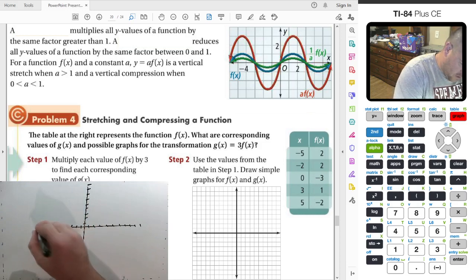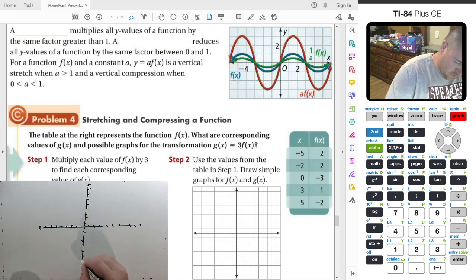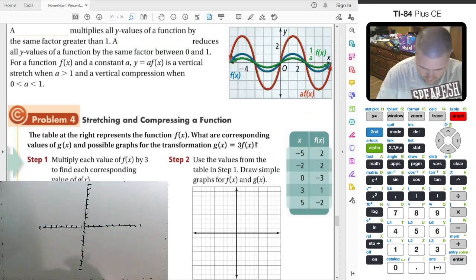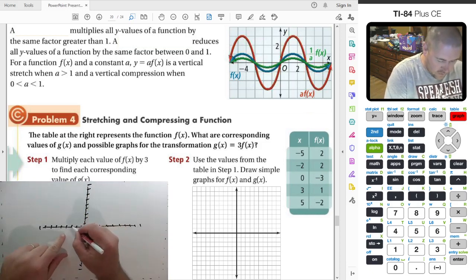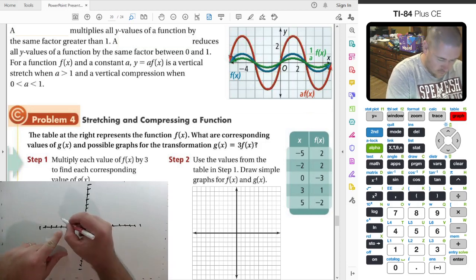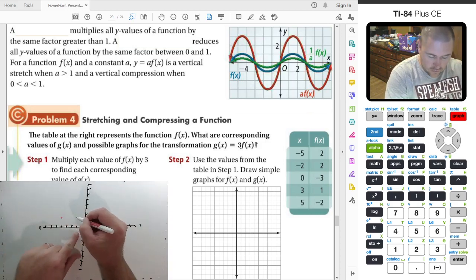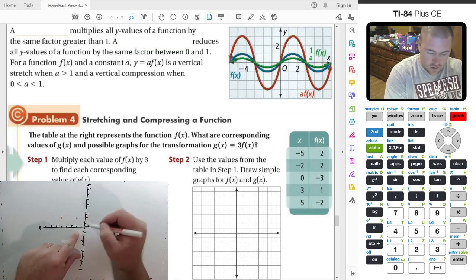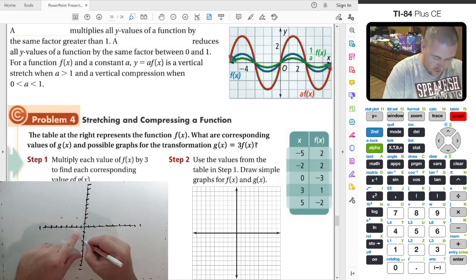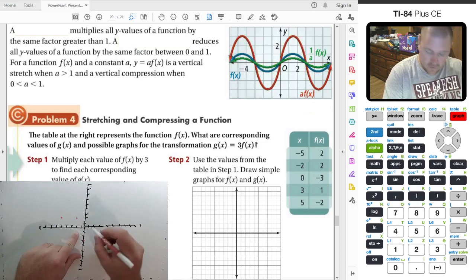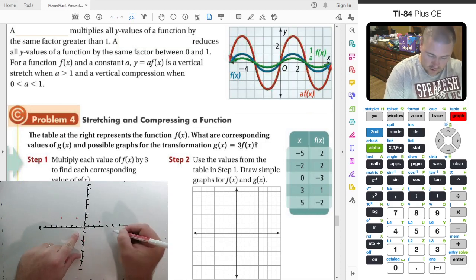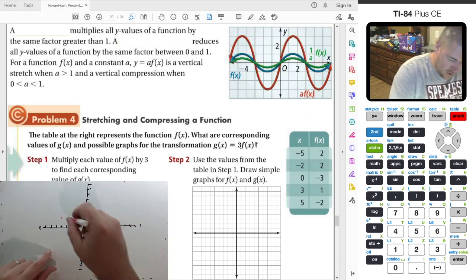So you take the original, it says -5, 2; -2, 2; 0, -3; 3, 1; and 5, -2. So if the original looks like this,